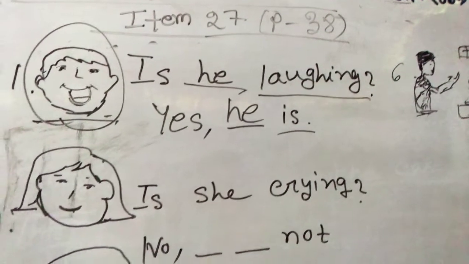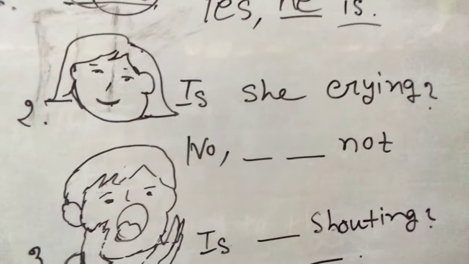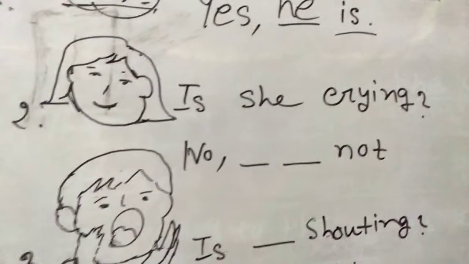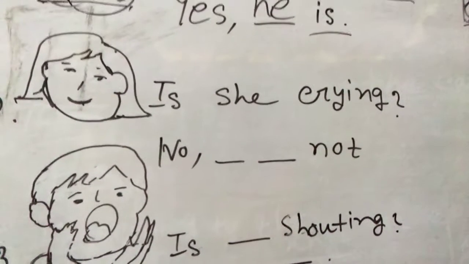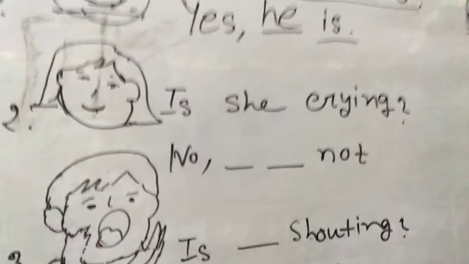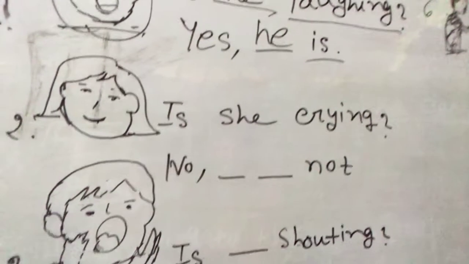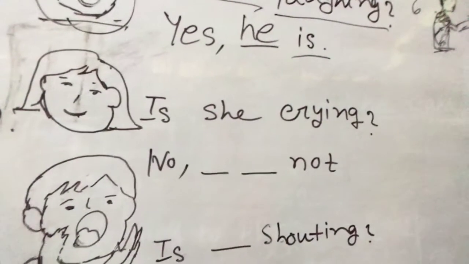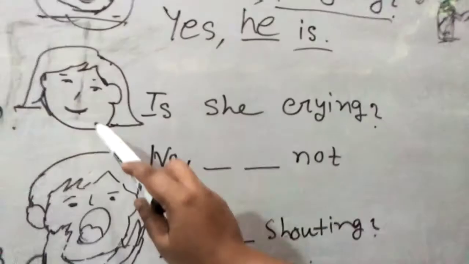In the number 2 picture, what can you see? From the long hair, from the hairstyle, it's of course a girl, because this type of hairstyle is made by a girl. So she is undoubtedly a girl. Can you see her crying? Are there any tears in her eyes? No, she's not crying. I can see she is smiling. She has a pretty face. Is she similar to Tiana? Yes, I think Tiana smiles like her. So is she crying? No.